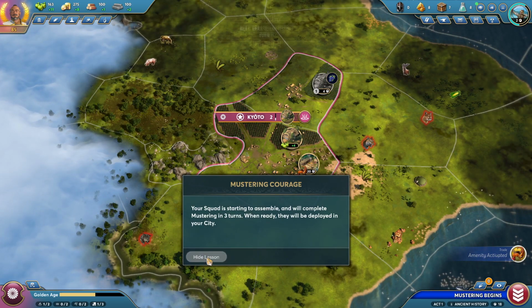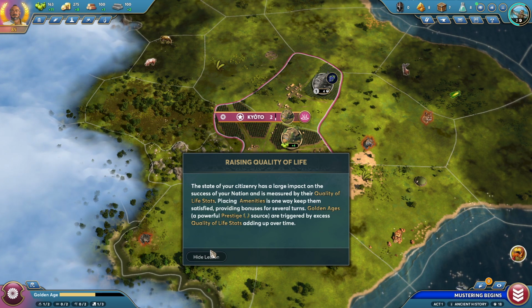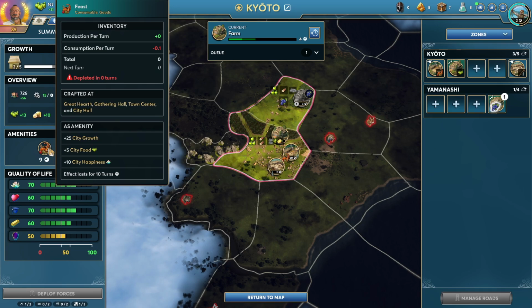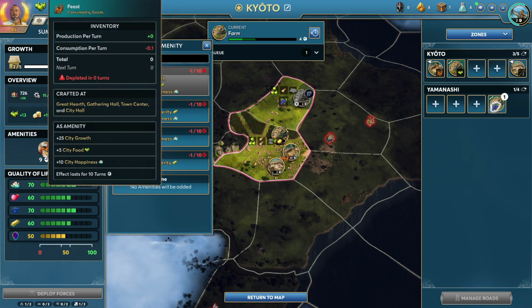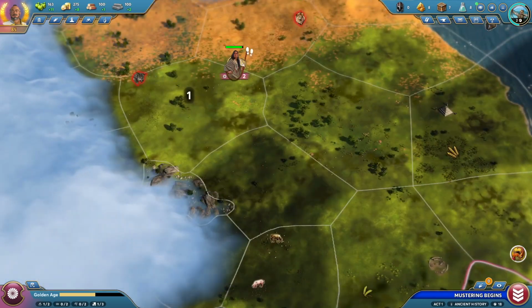Alright, it'll take 3 turns for my squad to assemble. When they're ready, I'll go kill off some wildlife near us. Okay. So, do we use that amenity up? Or is there 9 turns left till it's gone? Oh, the effect lasts for 10 turns. So we get the amenity effect for 9 more turns, which I guess we'll keep rather than spend the other one right away, because I'm assuming if I switch amenities, we'll see a switch in...